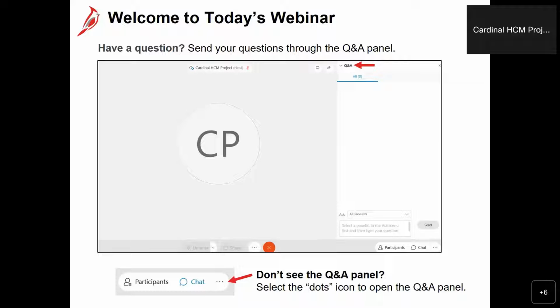To access that Q&A panel, please look at the bottom of your screen and you should be able to see the meeting control bar. If you don't see the control bar, you might just need to move your mouse to activate it. You can select the options icon, the one with the three little dots that you see on our screenshot, and then select the Q&A option. That should open the panel on the right-hand side of your screen, and you can type your questions in there